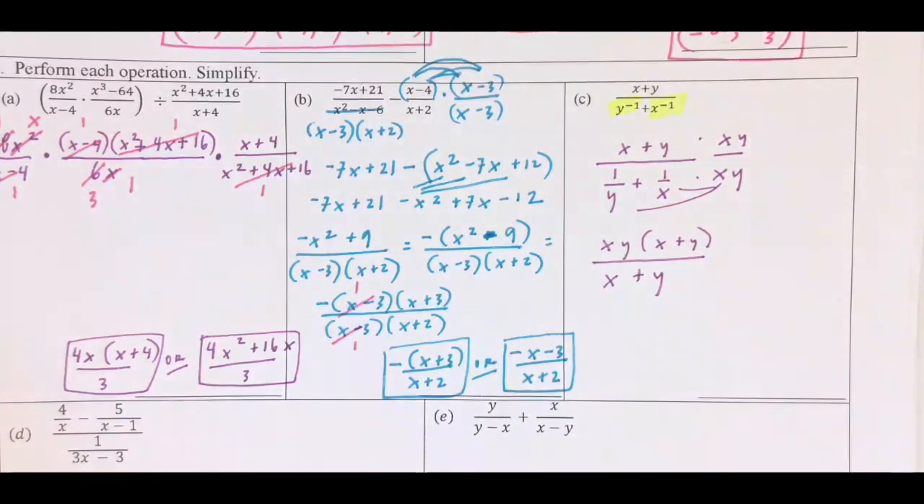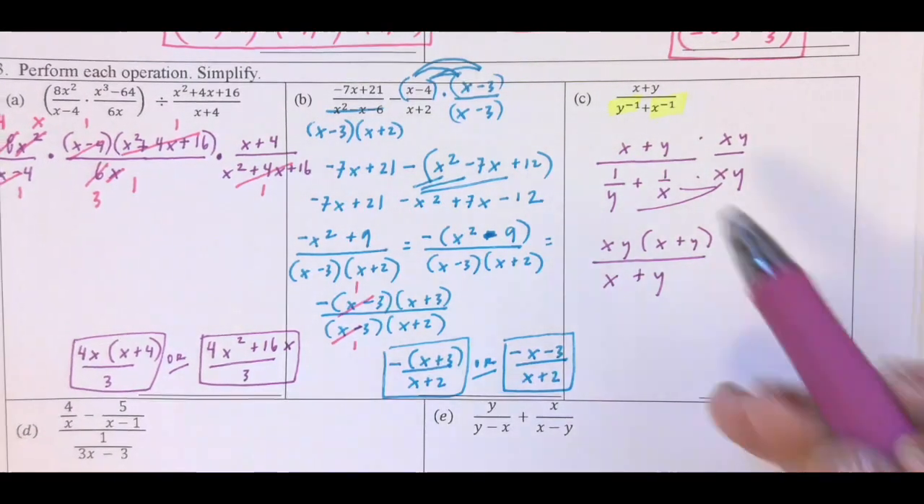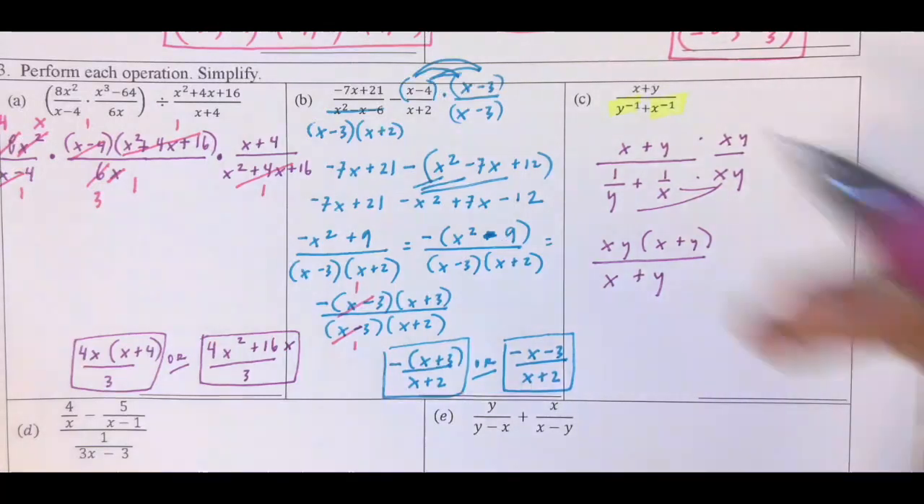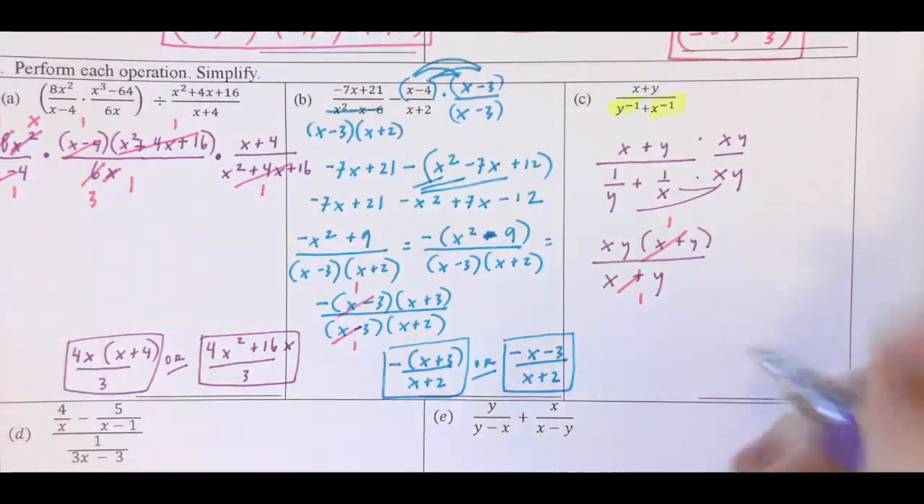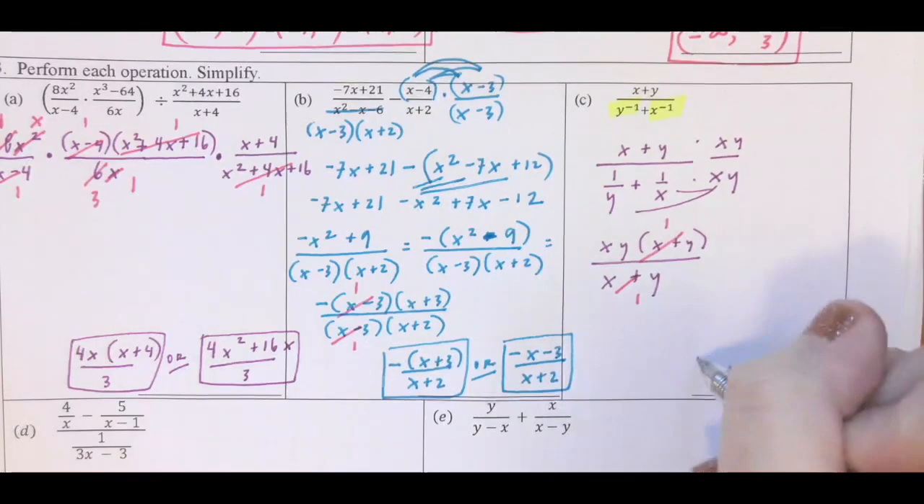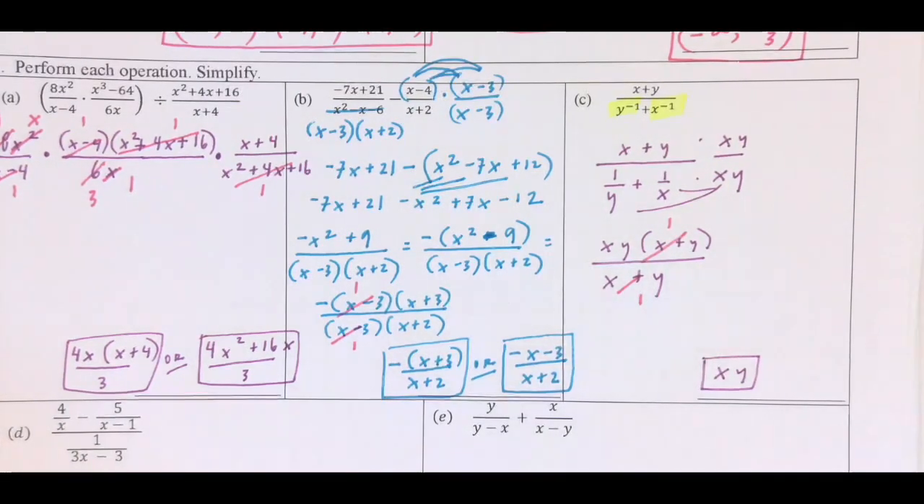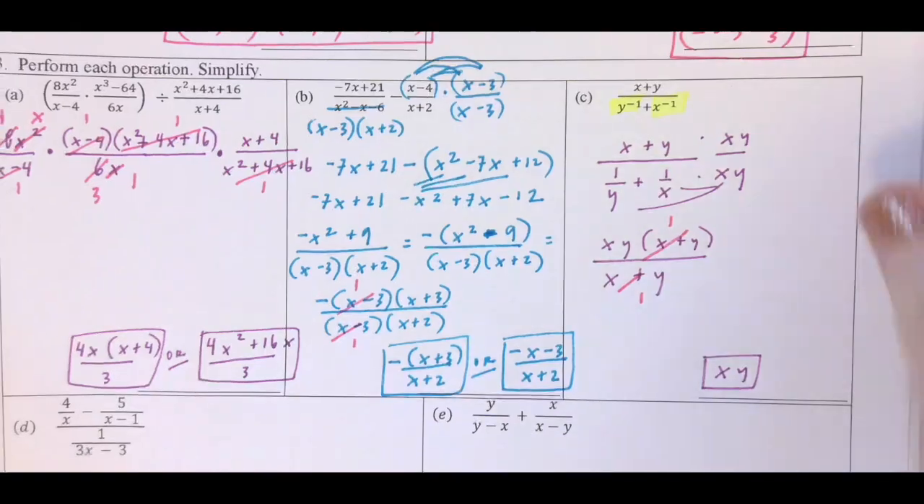And then look what we have. We see the x plus y over the x plus y, which will cancel away 1 to 1. And my final answer is just xy. Easy peasy. Okay, next up,